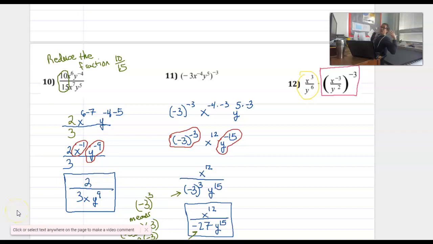Question 12, I know it looks really difficult. One of the skills we're going to develop, hopefully in this unit, is learning how to see a problem like question 12 and just break it down into different parts. And really the only way to be successful with all these kinds of questions when we're dealing with properties of exponents is to think about one thing at a time and organize your thoughts